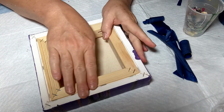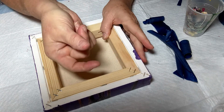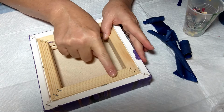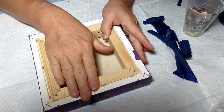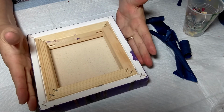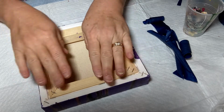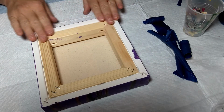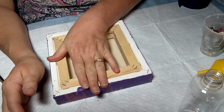I do supply a little pack of little hanging nails with a bracket that I'll attach to the back of my canvas. I do supply that to any of my customers, but unless they especially request that I put paper on the back, the brown paper on the back, I will not. Now that being said,